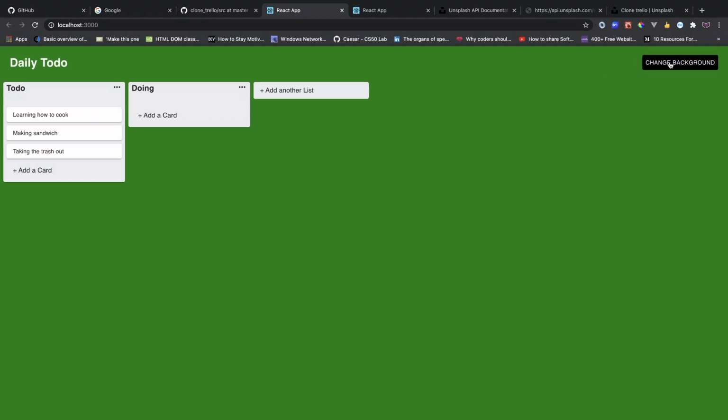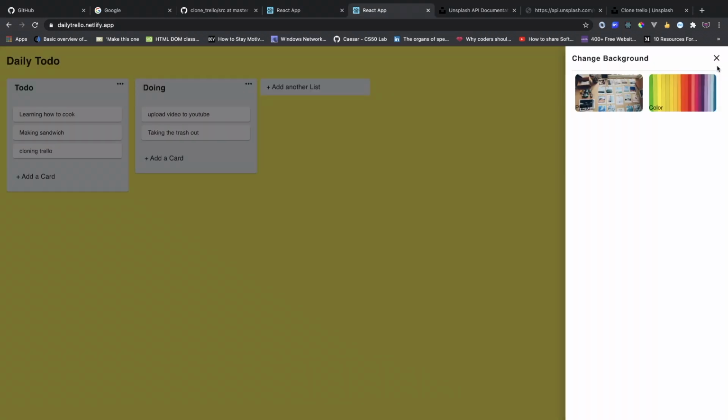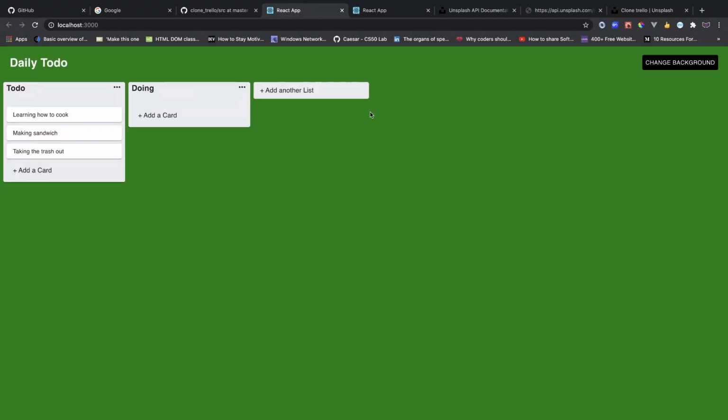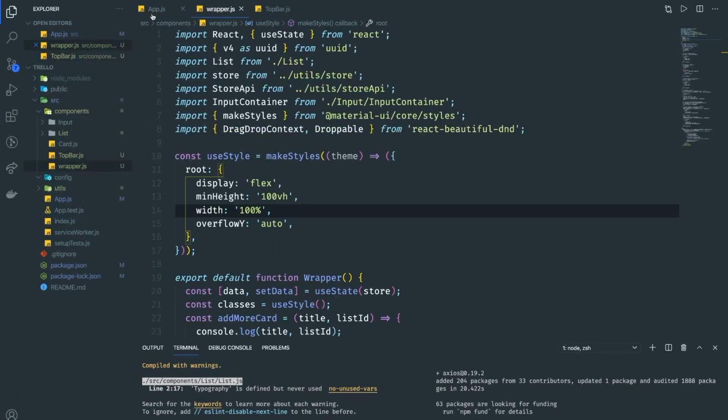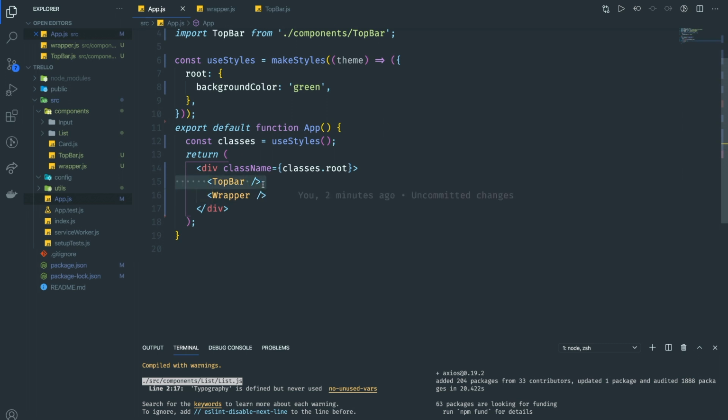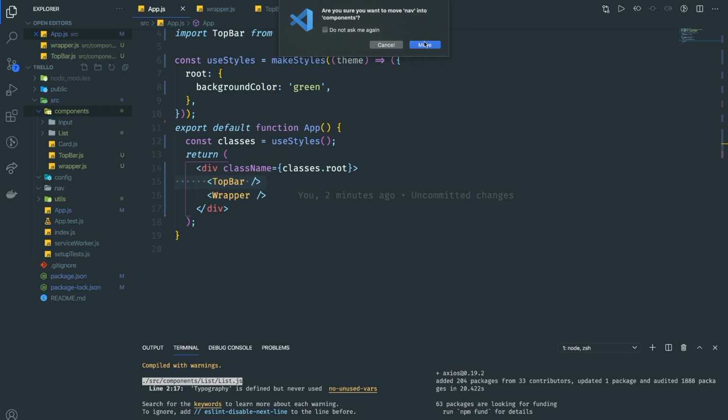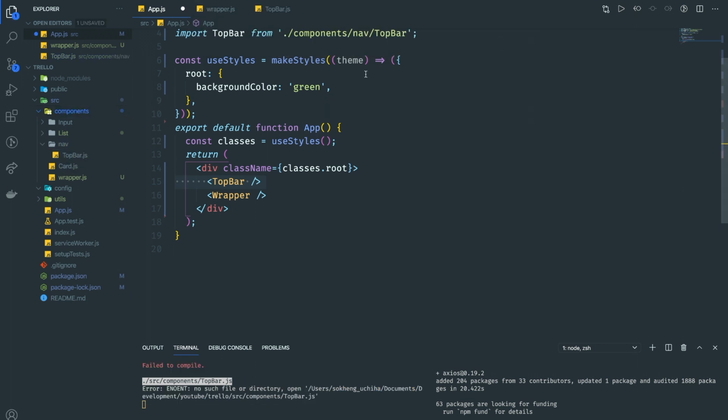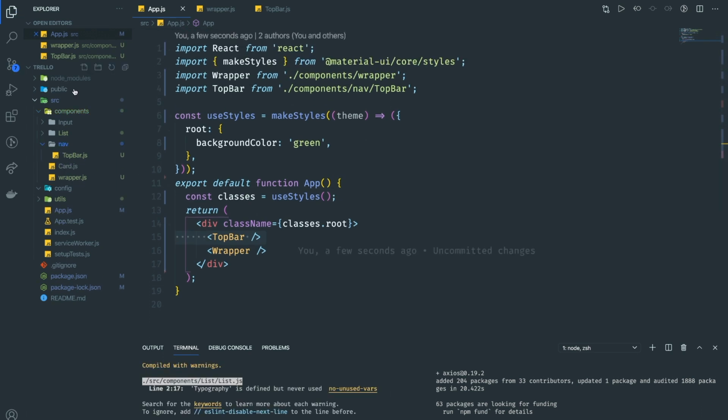So right now what we need to do is when we click on this one, it should have opened the drawer from here. So the way we do that, we can have a drawer. So what I can do is a component, and here we should put this like a navigation, a nav. I can call it a nav. You can call it anything you want, and I think I should put this one inside the component. And then in the nav we have a top bar, and yeah, we should put like this one, and we could have one component called navigations.js